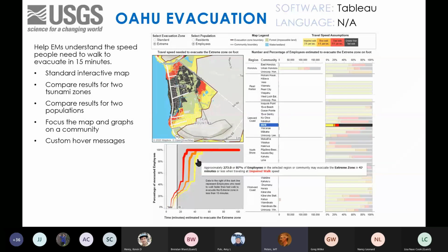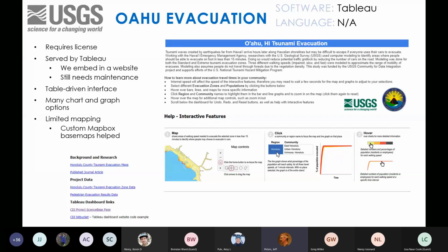So now I'd love to show you some screenshots of building something in Tableau, but unfortunately I don't have a license anymore, which is my first bullet. You need a license for Tableau, and I built this and published it over a couple years ago, so I'm unable to log in and show you. But here's an example of why embedding in a website is handy.